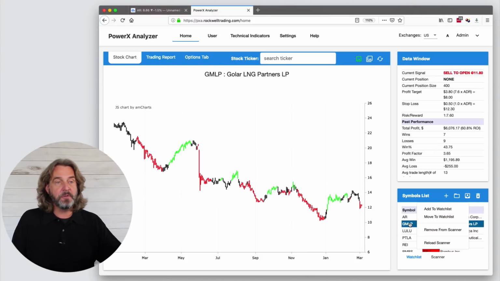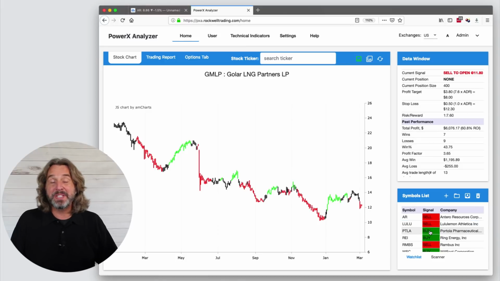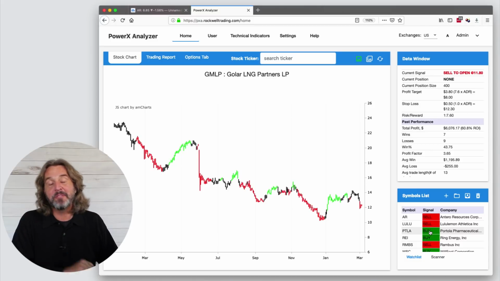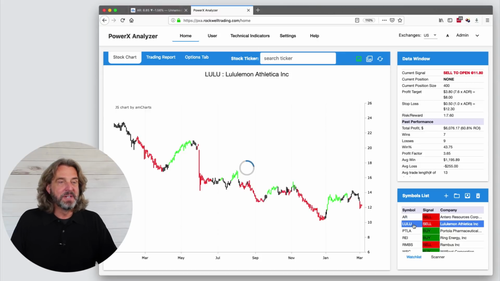Now you might wonder, hey, if you remove every single stock, what is left there? You see, that is exactly the key. You want to make sure that you only pick the very, very best stocks. Never have more than 5 positions in your account at any given time. So this is why you can be picky and just need 2 or 3. So let's take a look at